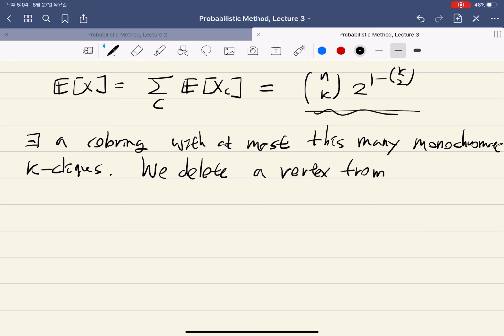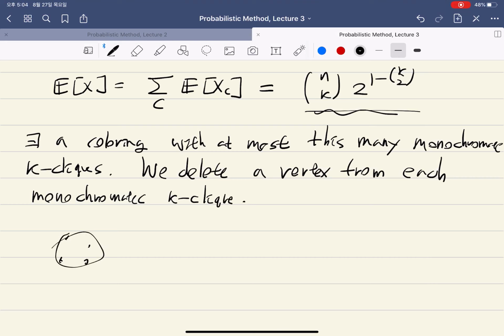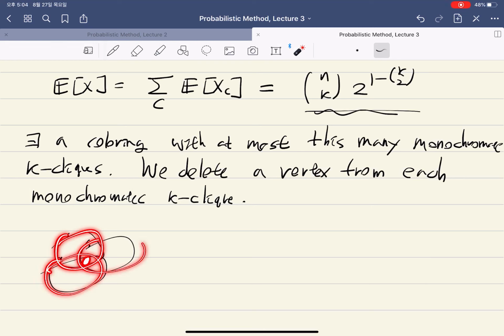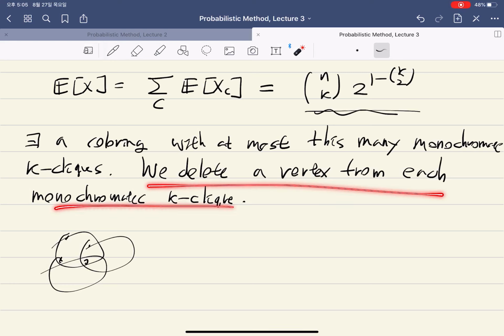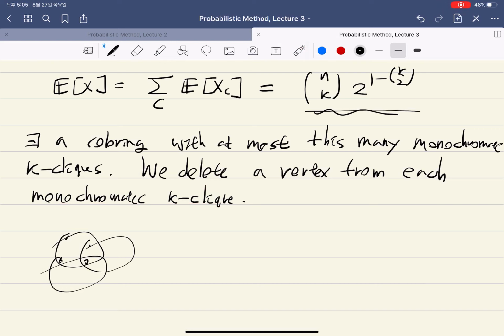from each monochromatic k-clique. So there could be a situation where if you just delete this one, then it will kill 3. But that's a good situation. Even in the worst situation, if you delete one from each, then we can actually kill all monochromatic k-cliques. Then we retain